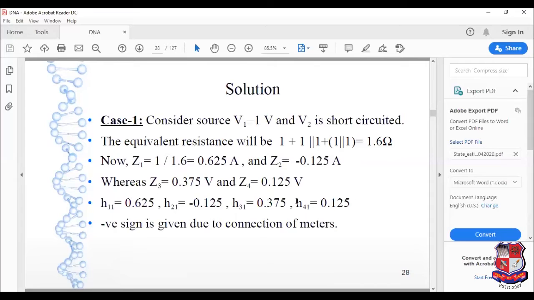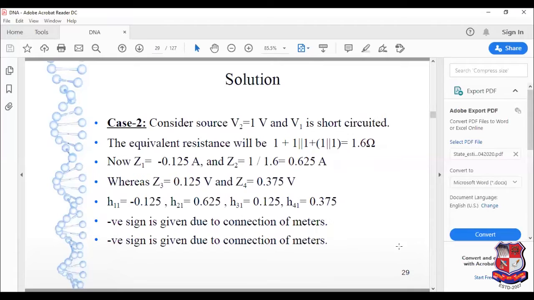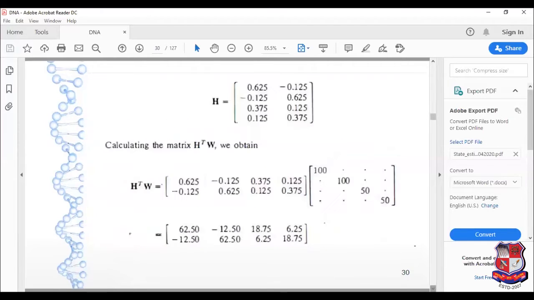Here, the size of matrix H is M cross N. As I previously mentioned, M is equal to 4 and N is equal to 2. Hence, the size of H will be 4 cross 2. So by this, we will have the first column matrix. From here, we will get the second column matrix and we can easily form H. This is our H matrix.